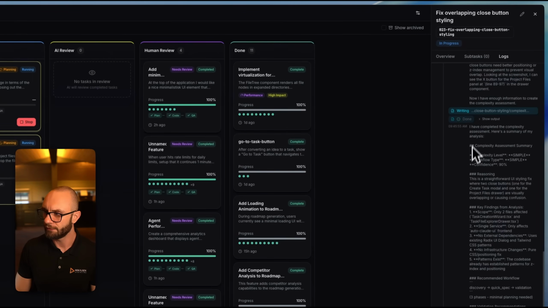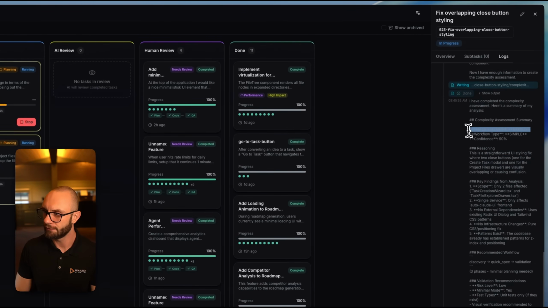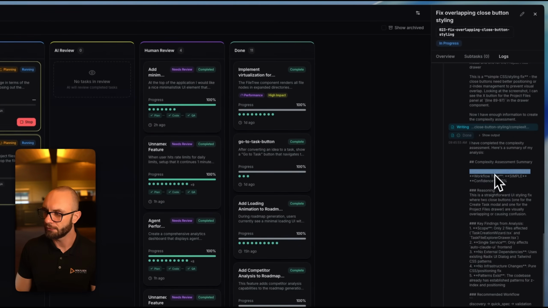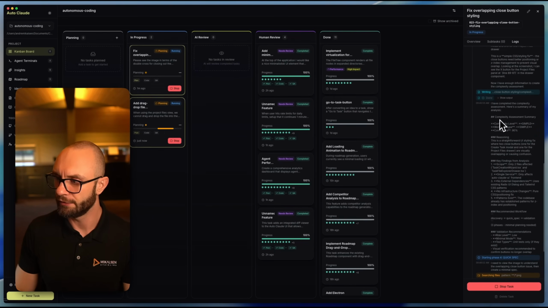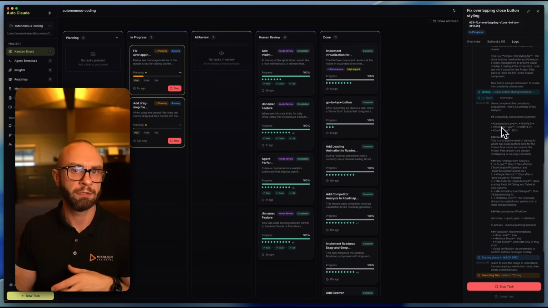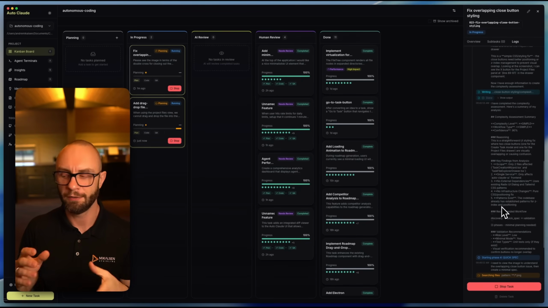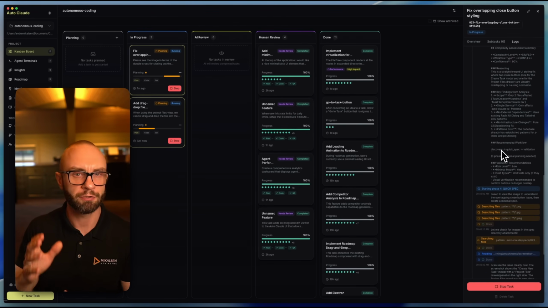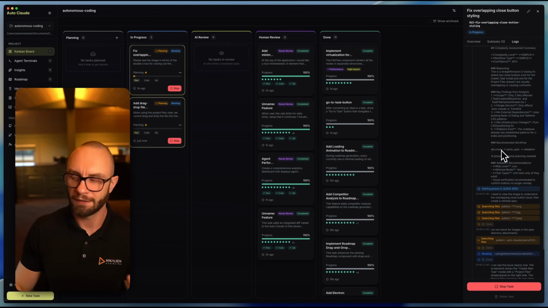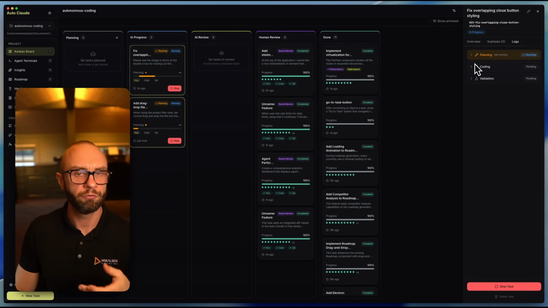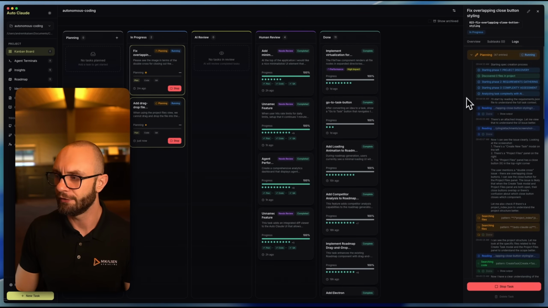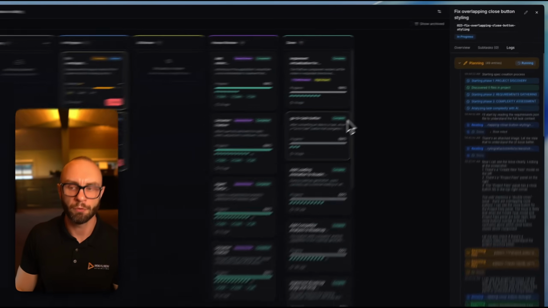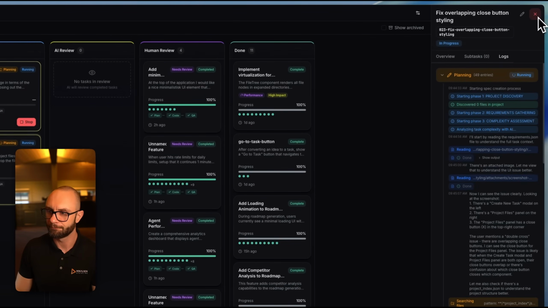And we can see the complexity level for fixing the overlapping close buttons. It has identified it as a simple task with a confidence of 90%. And that dictates how everything is going to work. It's just going to create a quick spec and a simple test for checking that it's actually fixed once it's done. So it's not going to produce a lot of unnecessary tests or a lot of different coding, so it saves on the context itself, and we don't have to pay more for a simple task.